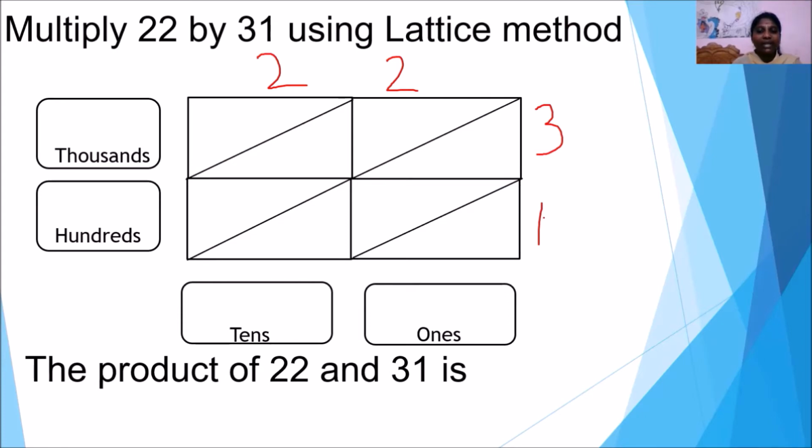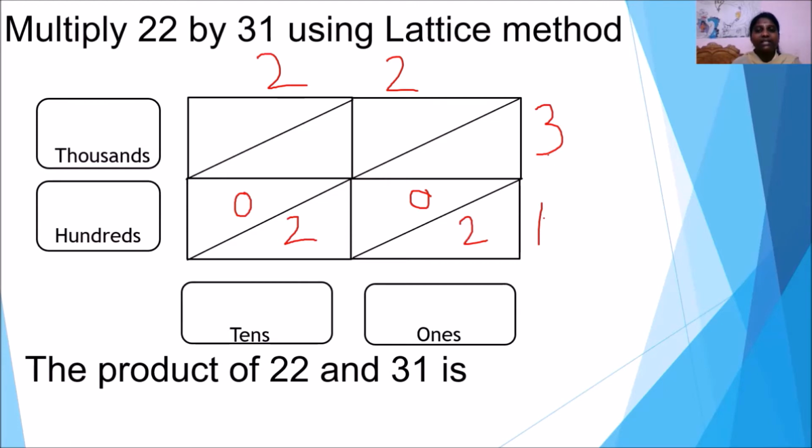Multiply the ones place number with the ones place number. Here 1 multiplied by 2, we get 2. The number 2 should be written as 0 in the above line, 2 in the below diagonal line. Next, we have to multiply 1 with the 2. 1 2s are 2. You can write 2 like this.